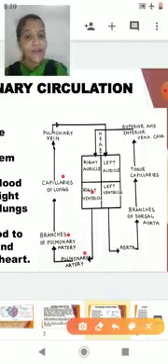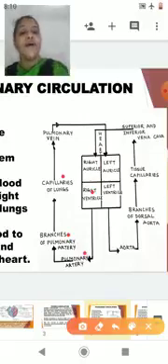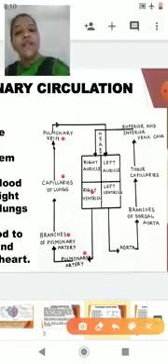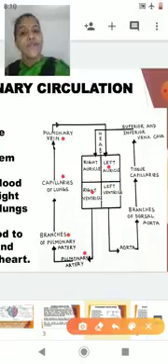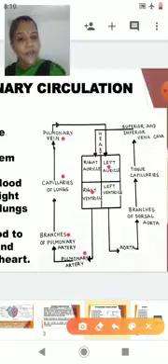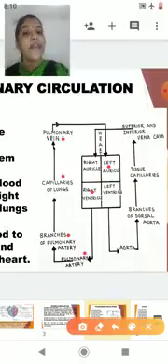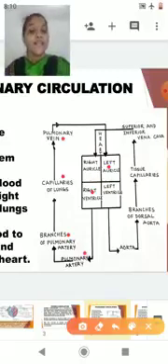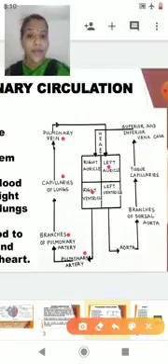You have seen how diffusion takes place. Now the purified blood will be carried by the pulmonary vein. You know that the pulmonary vein will open into which auricle? Left auricle. So on this side, whatever you are seeing, that is the circulation. We are talking about the circulation in the lungs. And circulation in the lungs will be called what circulation? Pulmonary circulation. So this is one circuit of double circulation, which is called pulmonary circulation.